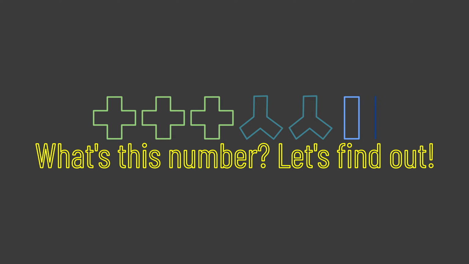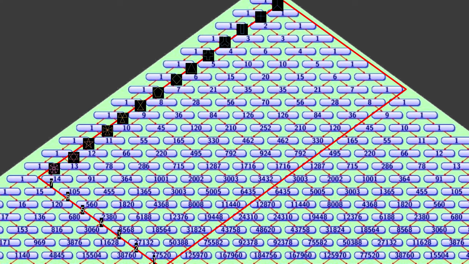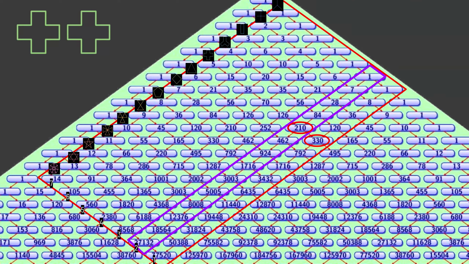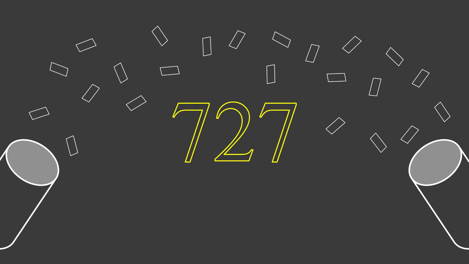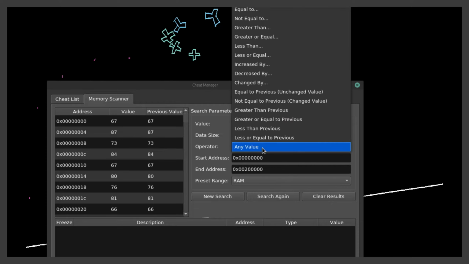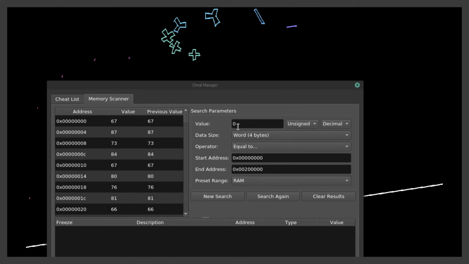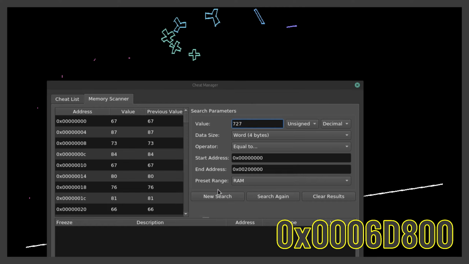Okay, back to finding out what this number is. So let's just insert the shapes into Pascal's triangle and then add them together. It's 727. We got 727 from this example string. Yay! When we search for this value, it can take a little bit of looking around depending on what number it is, but eventually we can see that in our case, it is located here under